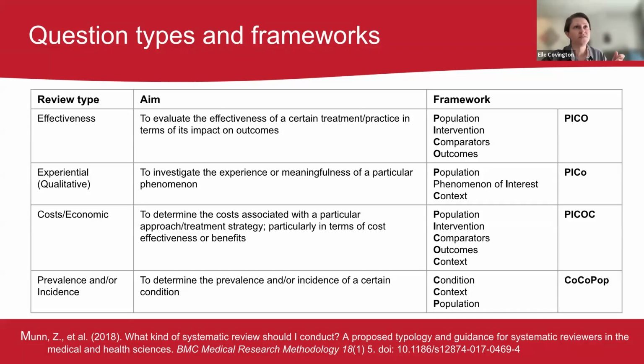For qualitative, there's a different PICO that we're looking at, which is population, phenomenon of interest, and context, right? That's broader. We can think about who our population is, what this concept is that we want to know about, and then what the contextual parameters are that we want to put it in. And then developing that into your research question.